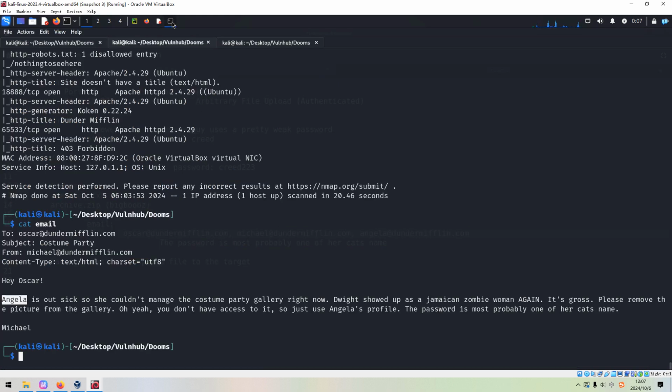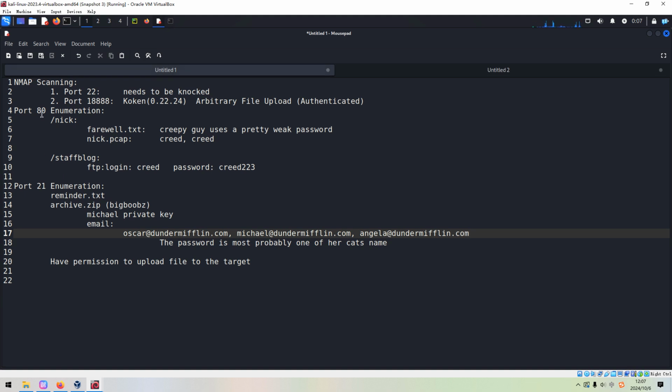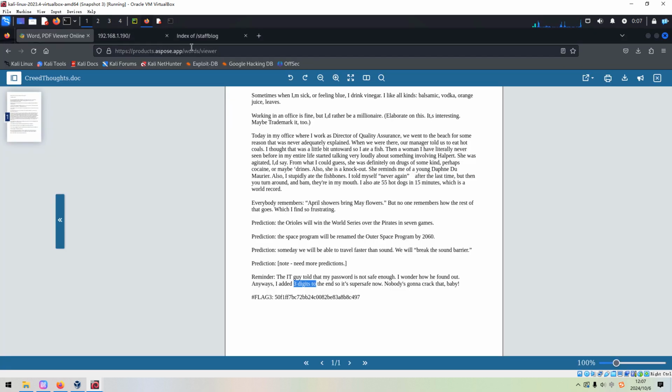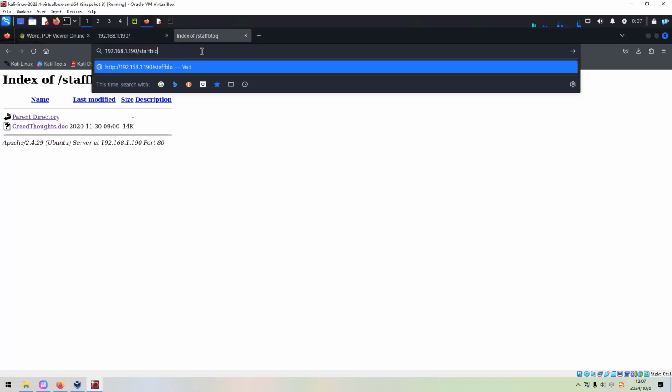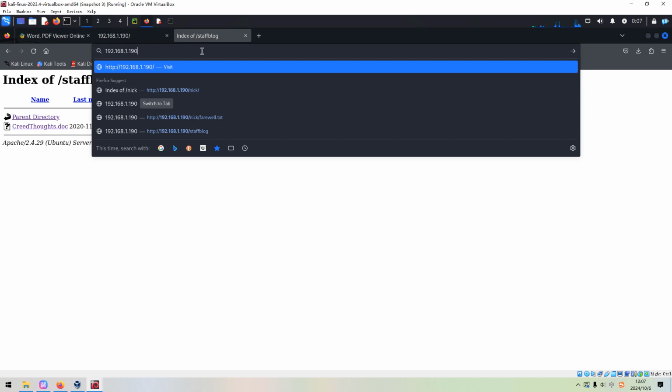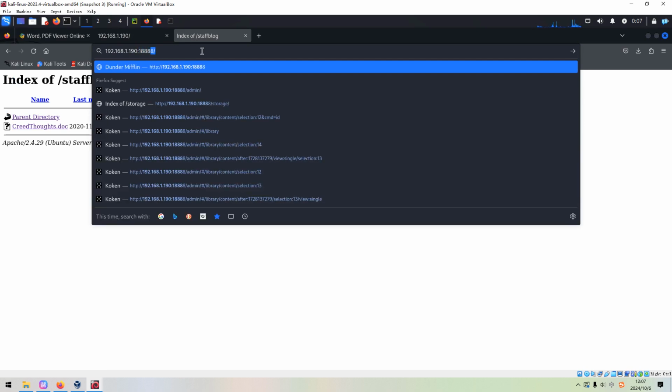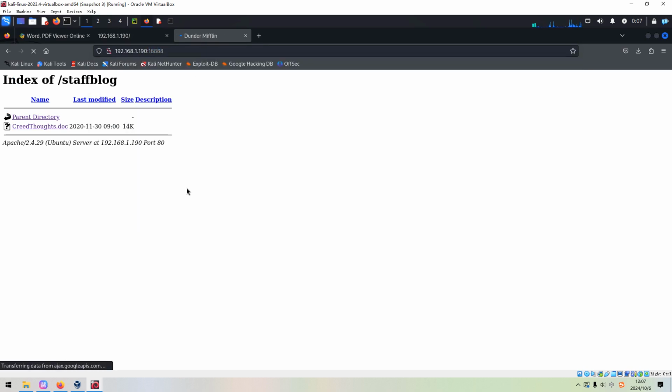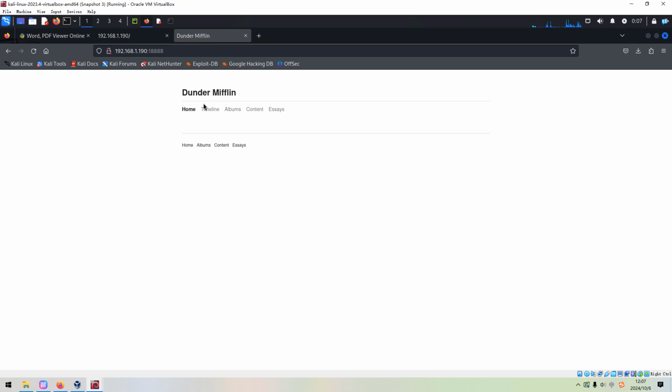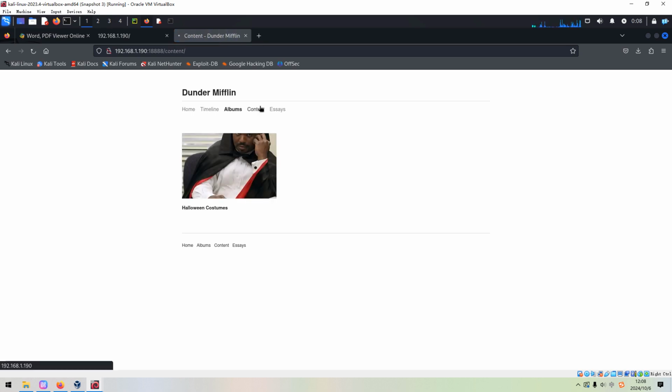Just now we have already completed the 80 and 21. It's time to enumerate the port number 148. So now we can access this port number by the browser. And this is the Dunder timeline albums content.